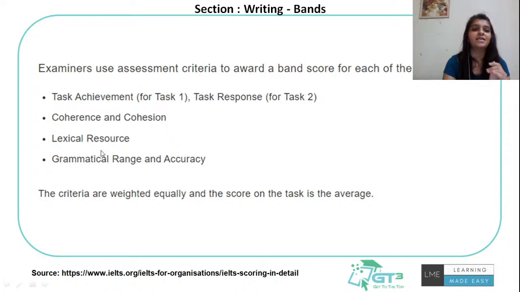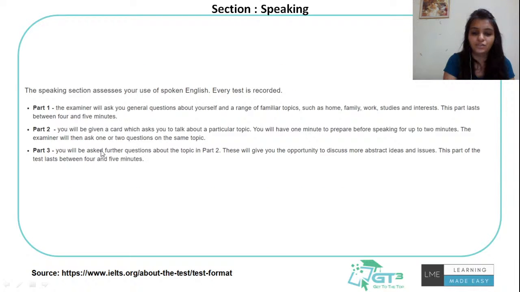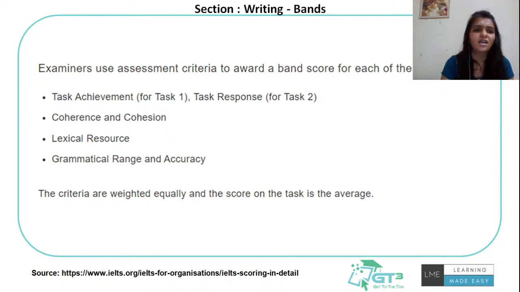Now what's next is the lexical resource. Focus on and target it. What exactly are they looking for in the lexical resource? What's lexical resource actually? People have wrong assumptions, especially in India. They feel that you need more vocabulary, that there should be lots of good words to increase your score band. But it's not the case.